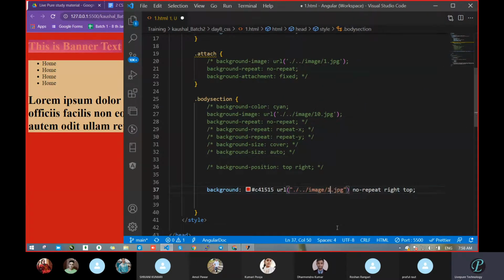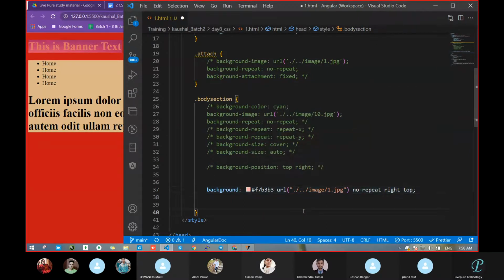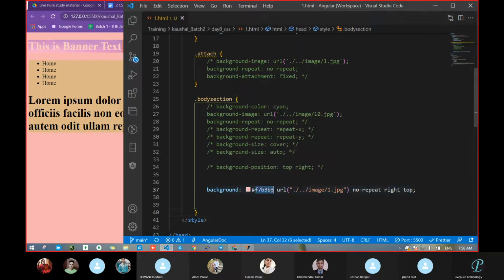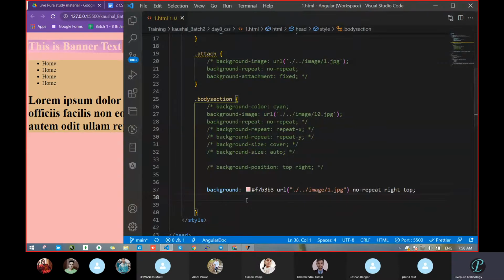Which type of image? This one is not coming. Remove this image itself. Actually, due to the background color, it's not working. We can't see that one. But one thing is coming.